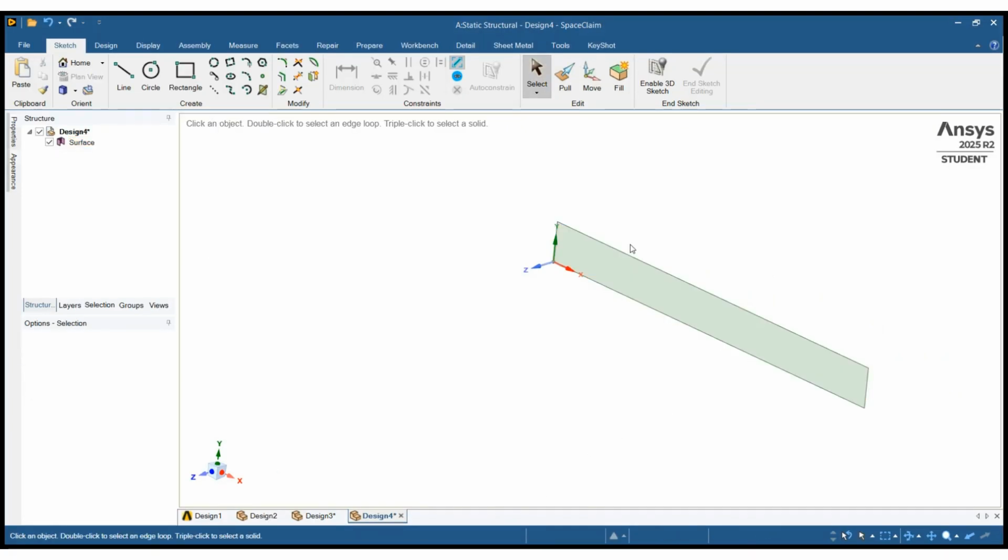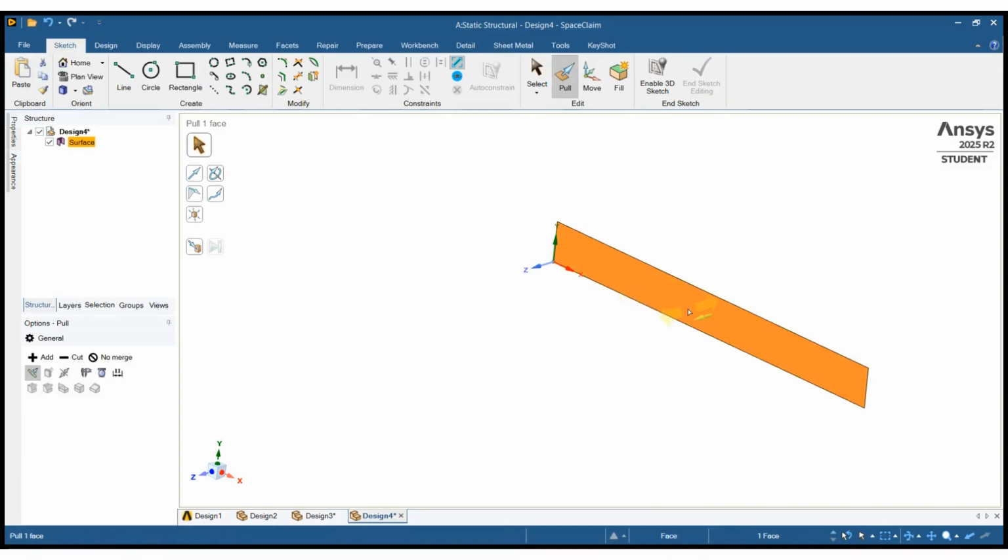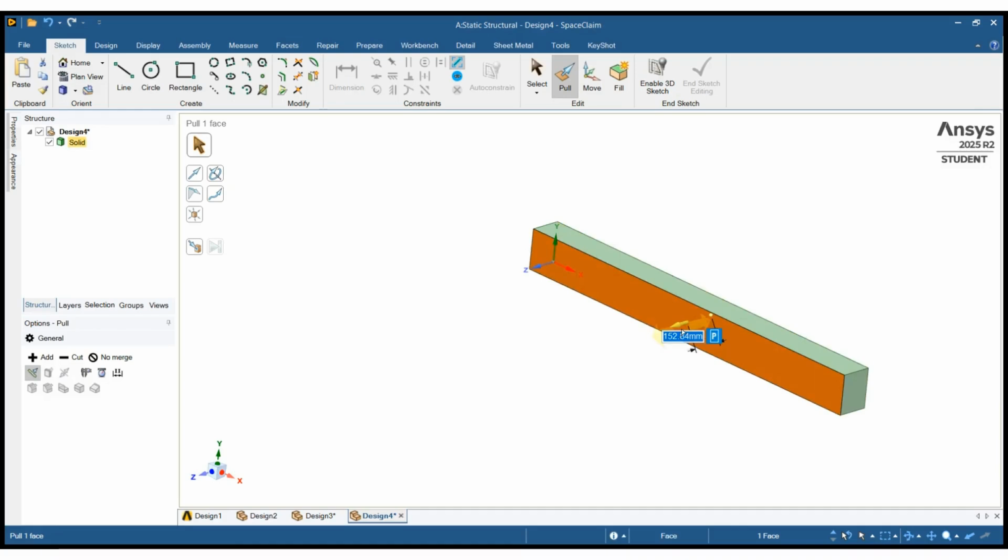So again, right now I have just a plane. So I want to give this plane some depth. The pull command will be used to offset or extrude a face. So I'm going to select this face. I'm going to click on this arrow and I'm going to pull it out. And again, it has that number highlighted in blue. So I will choose, for example, 100 millimeter thick, and after that, I will hit enter. I have extruded 100 millimeter and I will hit escape out of the pull tool, and now I have my beam.